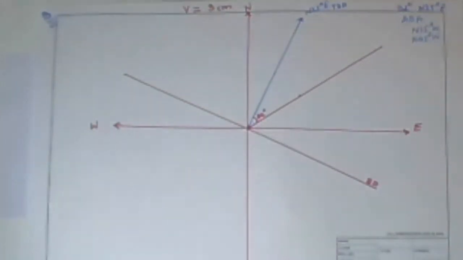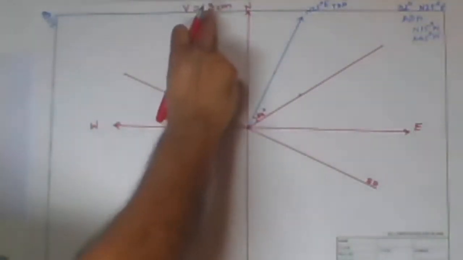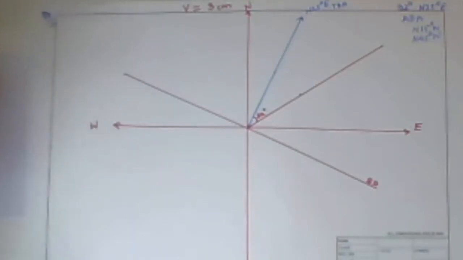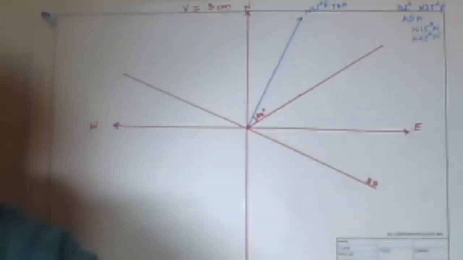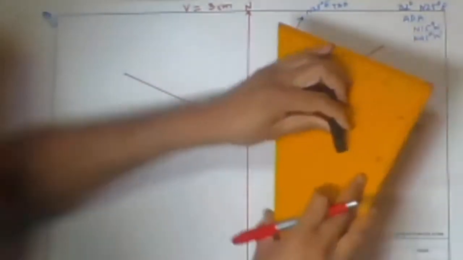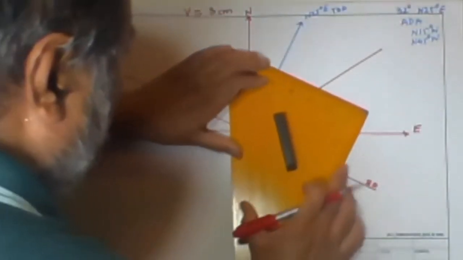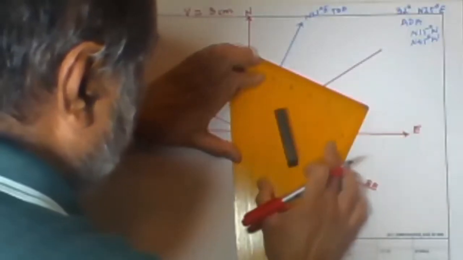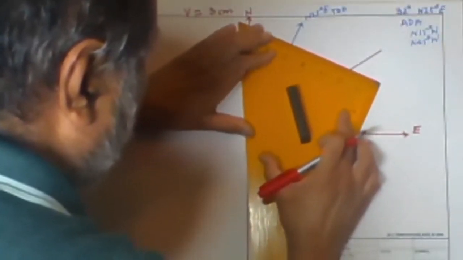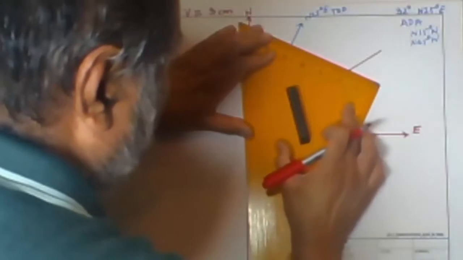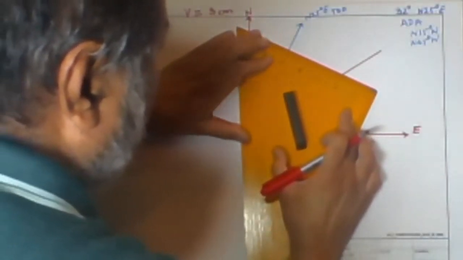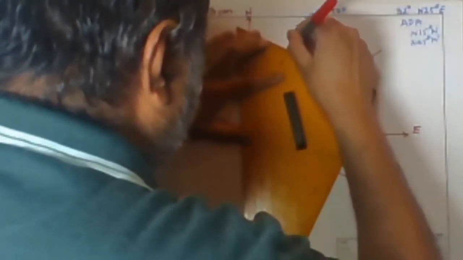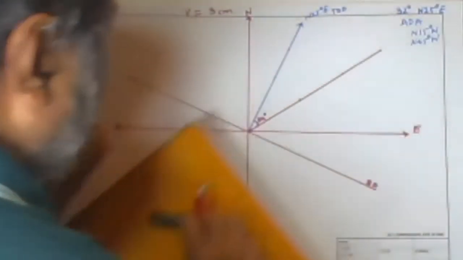This is SD. Yes, now B has taken 3 centimeters. So I'll take this particular scale 3 centimeter. I'm starting with the 5 centimeter, means 1, 2 and 3, means I have to go out of this page. So a little bit down. Yes, this will be the point. So mark the points.